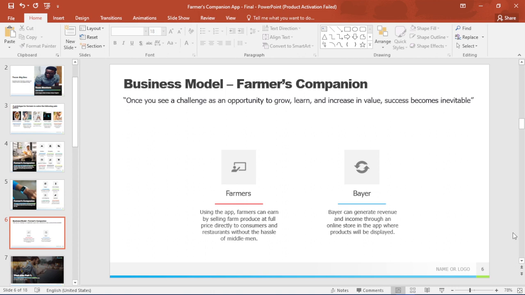Farmers become the middlemen. They will do the wholesaling and retailing without having to go through the middleman. So basically they can earn from the app by selling farm produce at the price they want to sell, not the price the middleman says they should sell. So yes, and for Bayer,